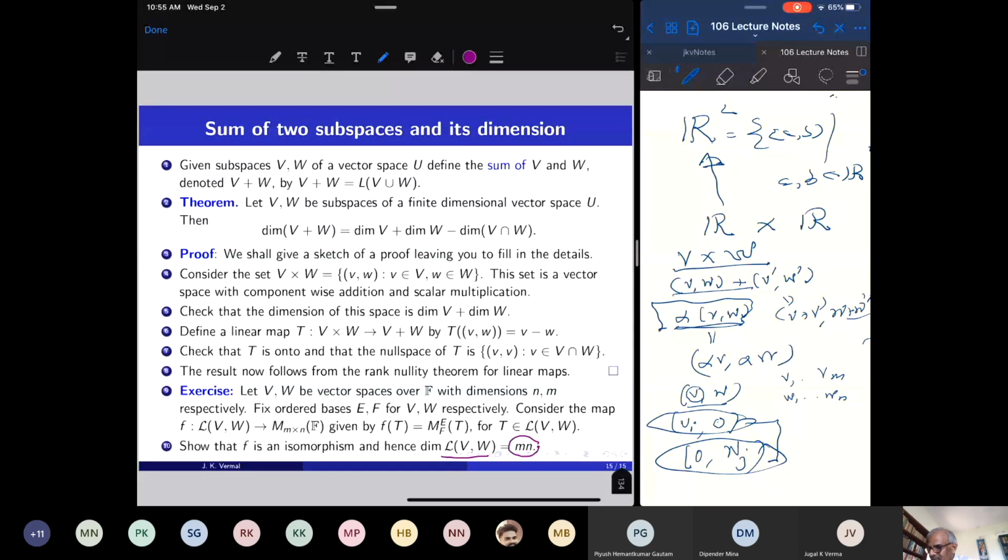So the space of linear transformations from V to W is a vector space whose dimension is m times n, which is the product of the dimensions of V and W. So we have constructed a new vector space out of V and W, and its dimension is a product of the dimensions, and I have constructed another vector space from V and W, which is V plus W, and its dimension is the dimension of V plus the dimension of W minus the dimension of the intersection. Okay, so we will